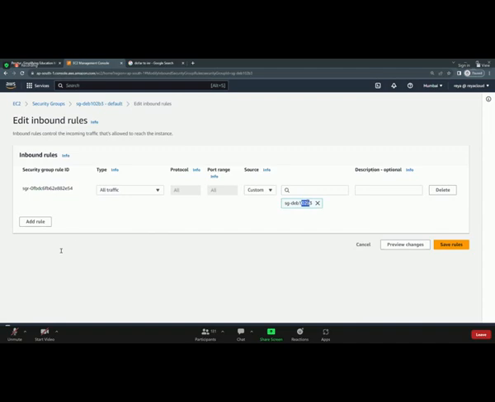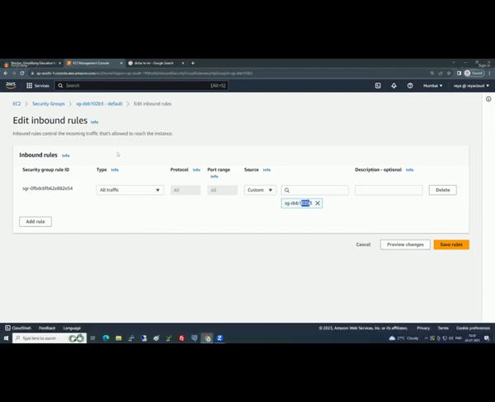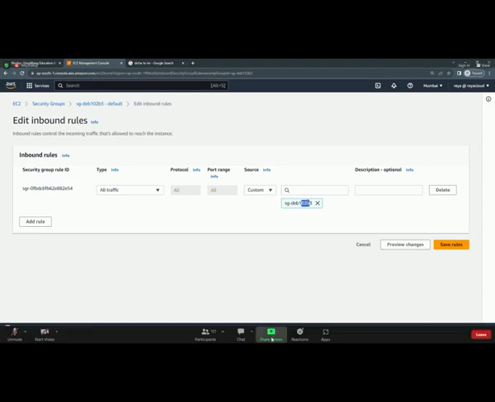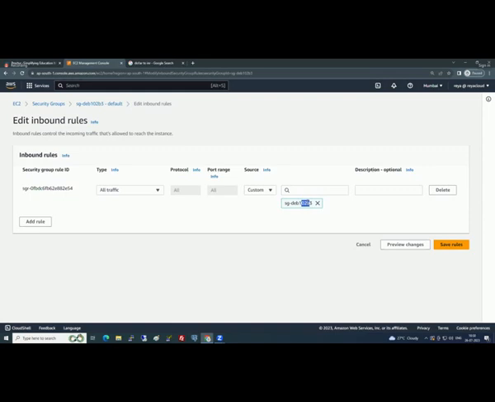Let me give a real-time example. Can I take 5 minutes more? You have your home. If you want to secure your home, will you lock it from outside, take the keys and stay outside? No, right? You have to go inside, where you should have full permissions. You go inside your home and from inside you lock the door. Yes or no? That means you need to have full access inside your home. That's what I did. I gave full access. Full access is nothing but all traffic to self.